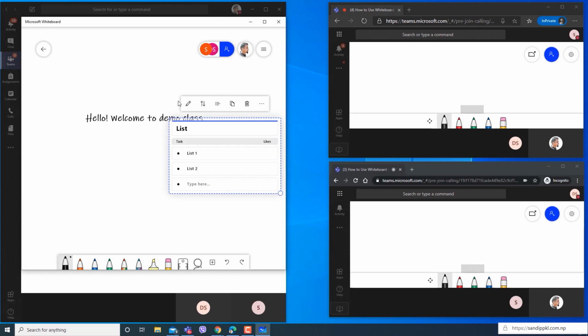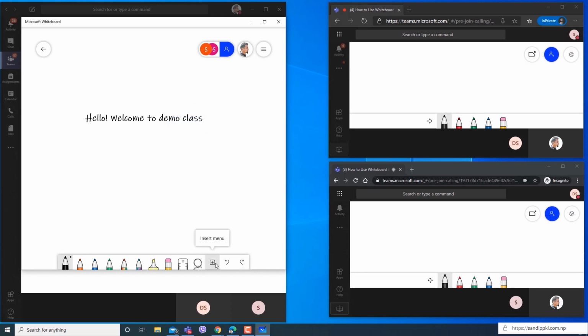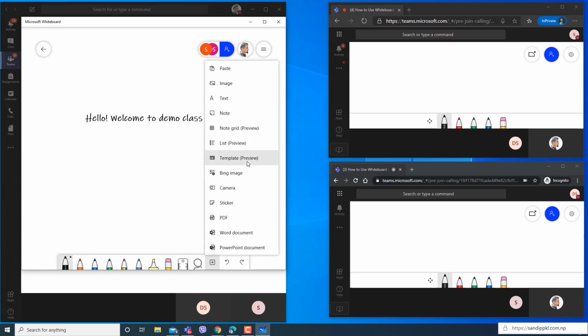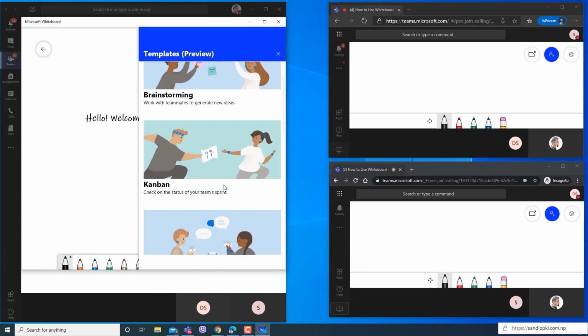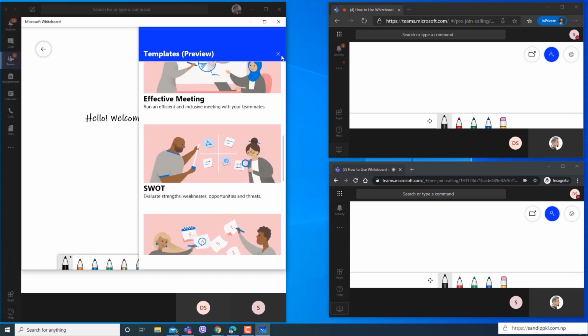You can get option edit region title, copy, change to checklist. By this way you can change to checklist too. Template preview. You can use template previews as shown here too.